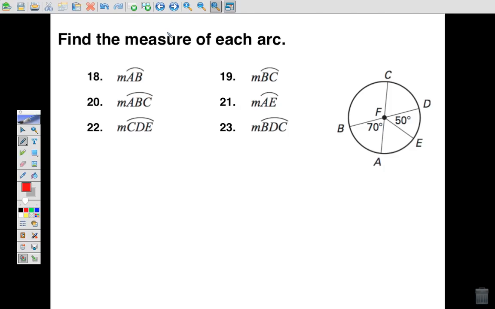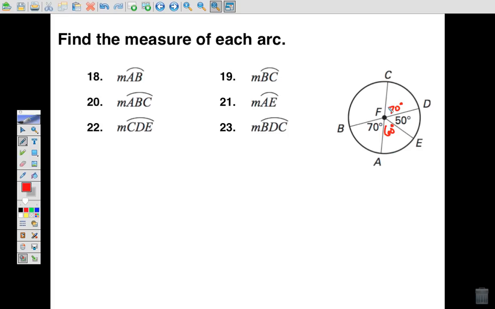Okay, well, there was one like this on the 5-chance review we did. Most people did well with that. So we've got vertical angles here, so that's got to be 70 because those would be the same, 70 degrees. Then this is a straight line, so these should add up to 180. It's also a half circle, which adds up to 180. So I would add 70 and 50 and get 120 and subtract that from 180 and get 60 degrees for